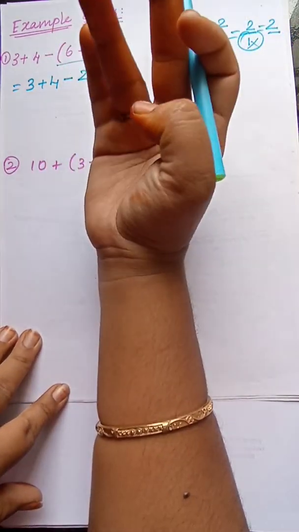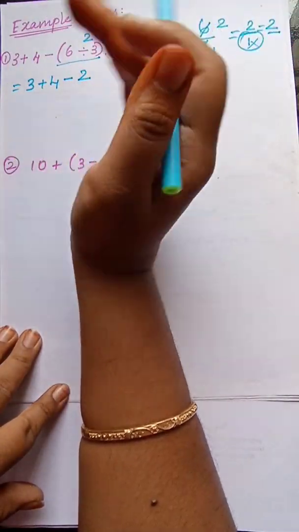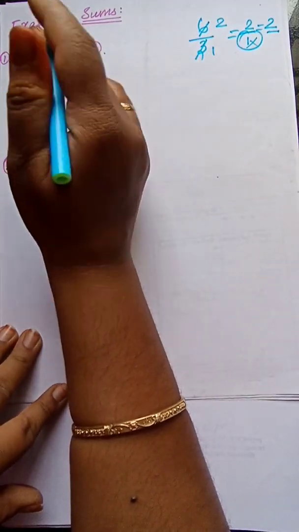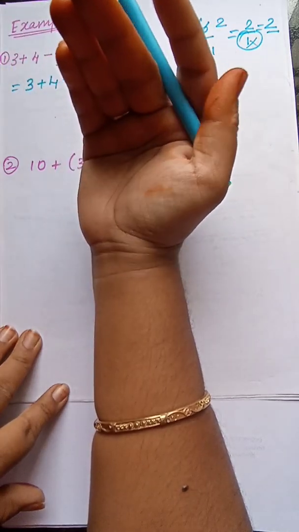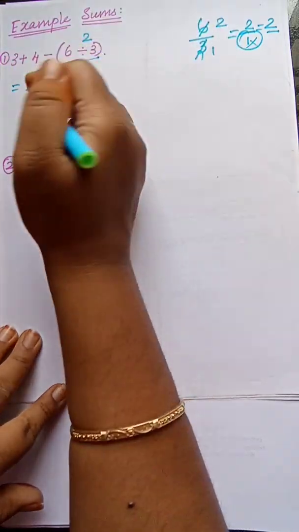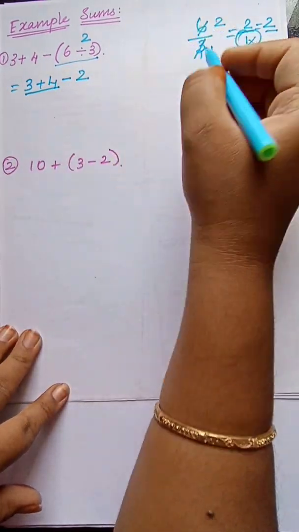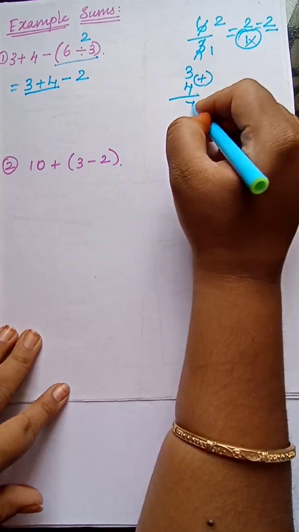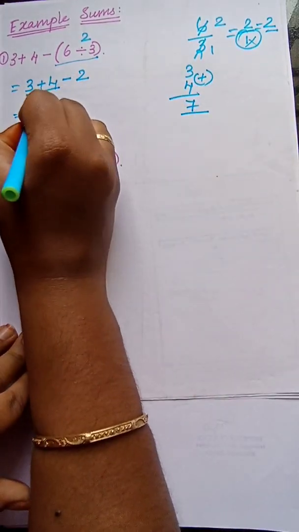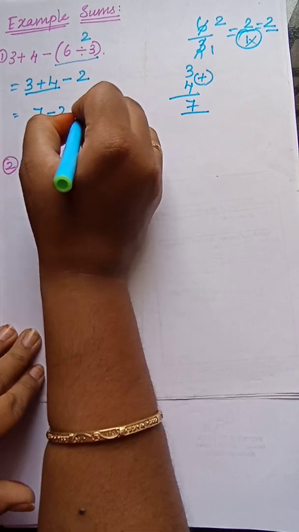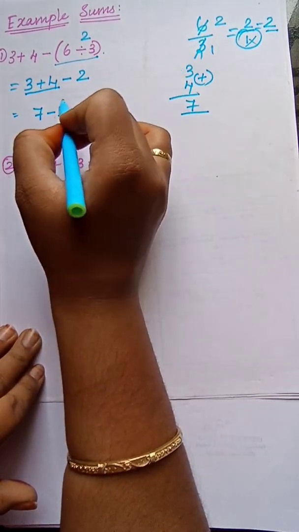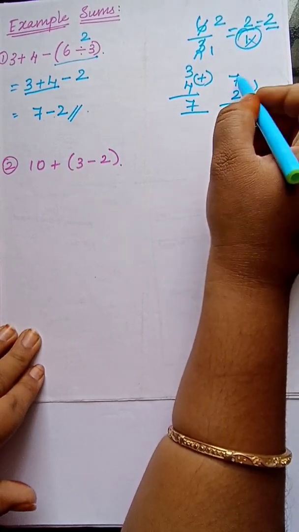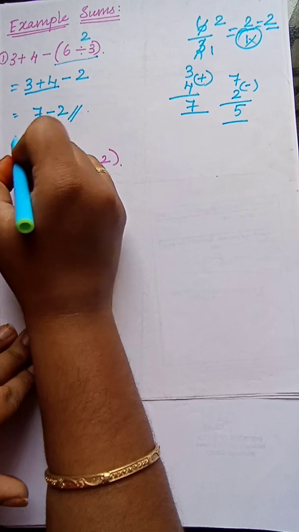Next, the second one is division. So division also we have completed. Next, third one, it is multiplication. Do we have a multiplication symbol here? No. So after multiplication, what do we have to see? We have to see the addition symbol. So the addition symbol is here, that is 3 plus 4. So 3 plus 4 is what? 3 plus 4 is 7. Now write 7 here and the remaining numbers should be written as they are. So 7 minus 2. Simply 7 minus 2, what will we get? 7 minus 2 means 5. So our answer will be 5.